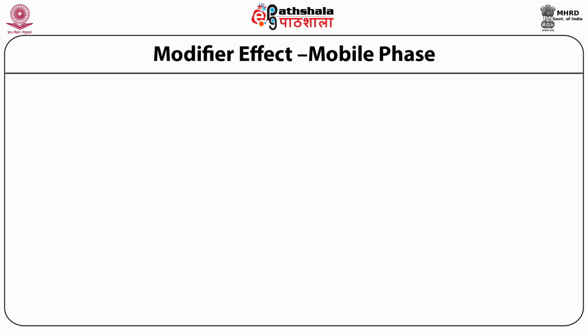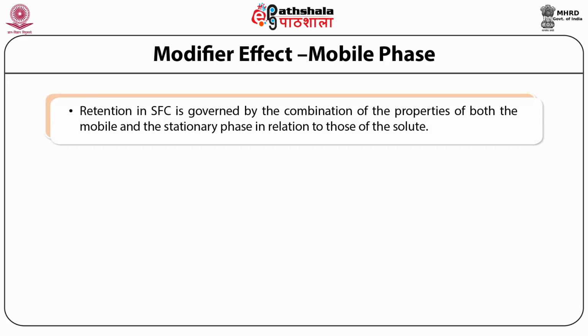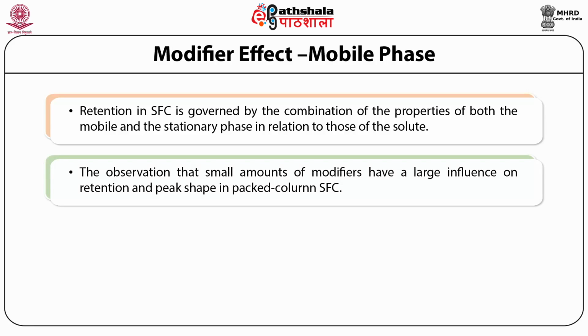Effect of modifiers. Retention in supercritical fluid chromatography is governed by the combination of properties of both the mobile and the stationary phase in relation to that of the solute. The addition of a modifier to the mobile phase can induce changes in the nature of either of these phases. Hence, the effect of adding a modifier can be divided into a mobile phase modification effect and a stationary phase modification effect. The observation is that small amounts of modifiers have large influence on retention and peak shape in packed column